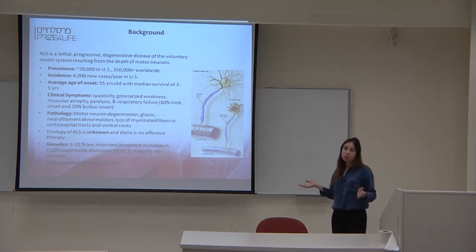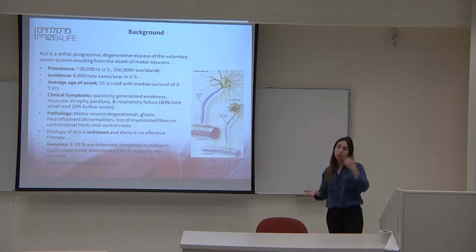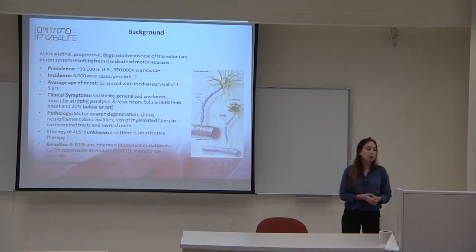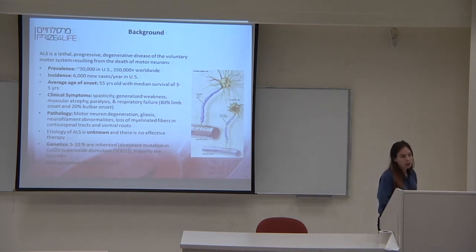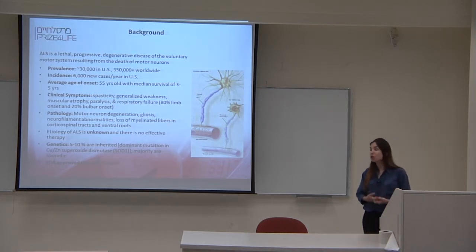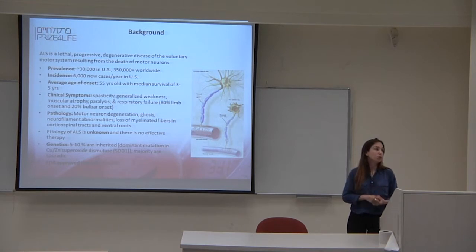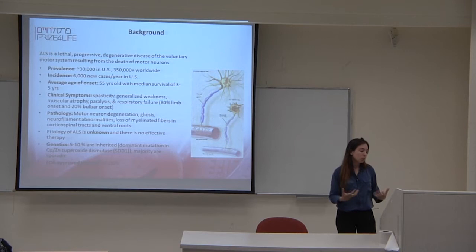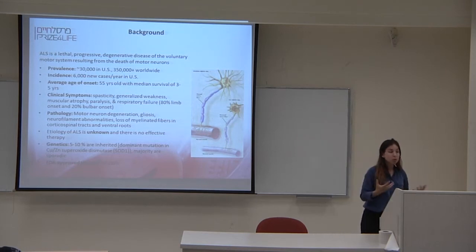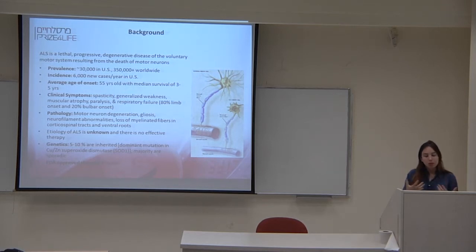Then the disease progresses from one body part to another. Again, there's no clear profile, so it can progress between the limbs or between the mouth and a limb and so on. And eventually, the thing that would lead to the patient's death is almost always respiratory failure, so the inability to move the chest muscles enough to maintain respiratory volume enough for breathing. So this is kind of what a clinician would see.